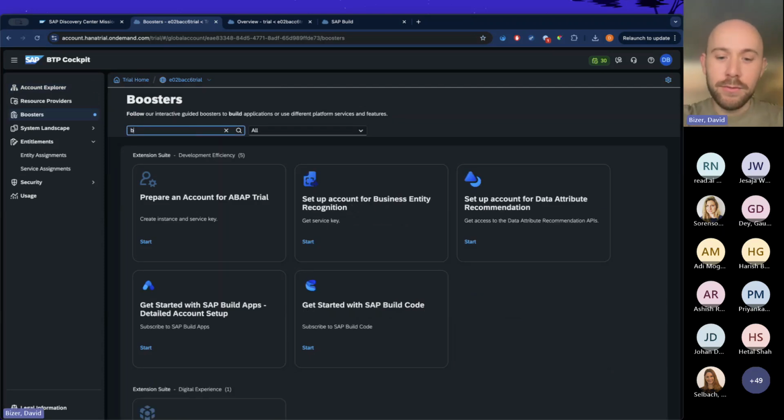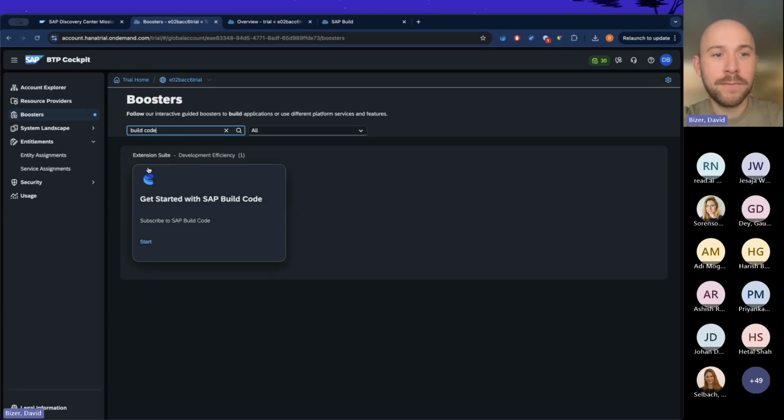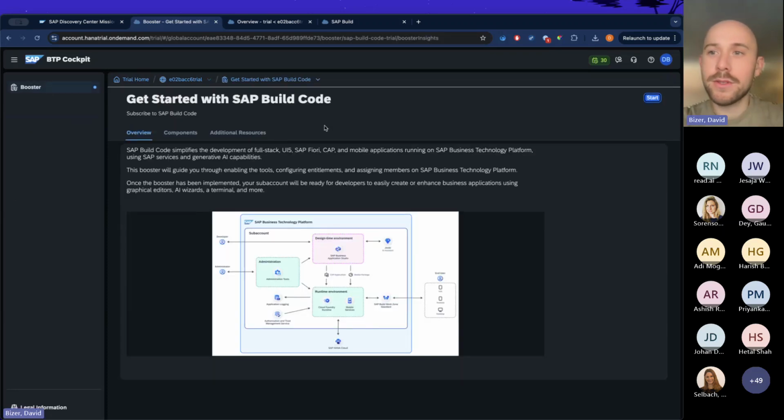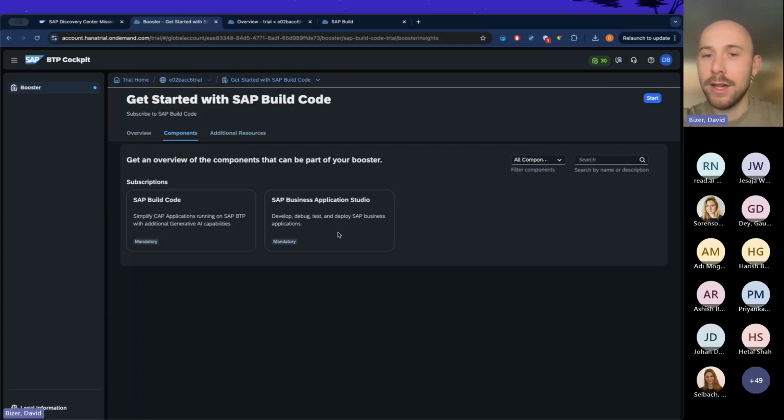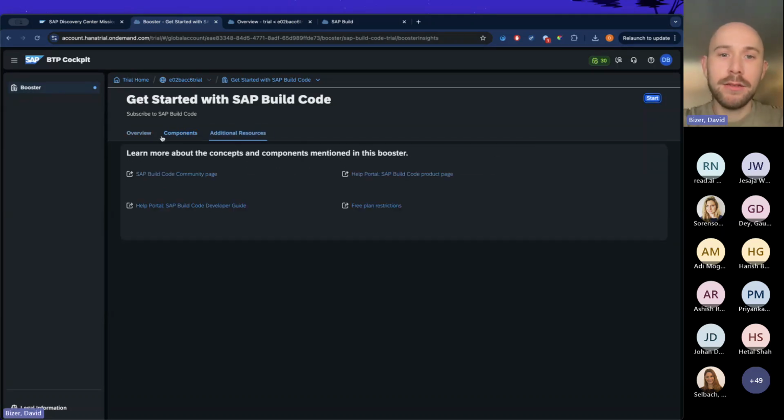There you can search for build code. There you have the build code booster, and you can have a look at it. What are the components of it? In this case, for the trial account, we have the SAP Build Code itself and the Business Application Studio, which is used for the development. And by that, we can